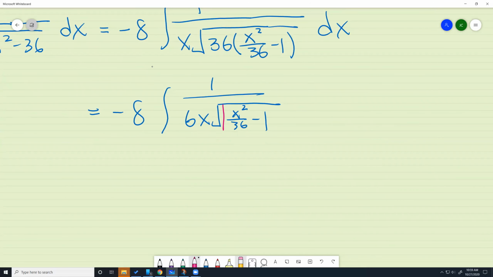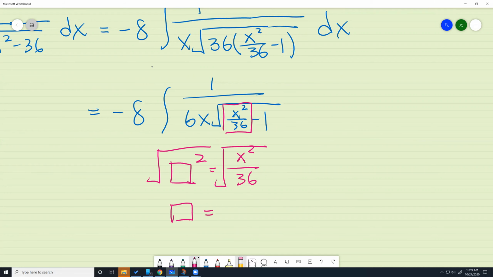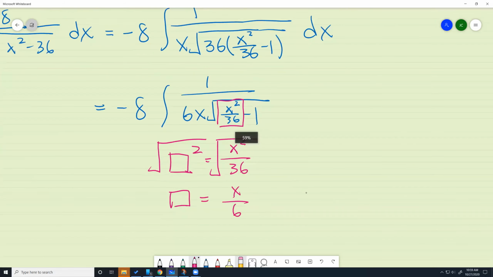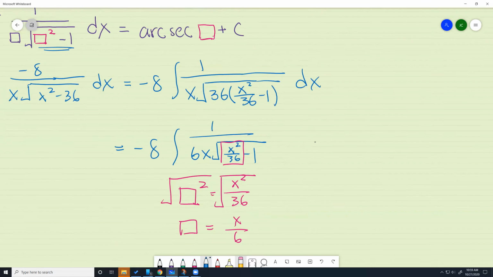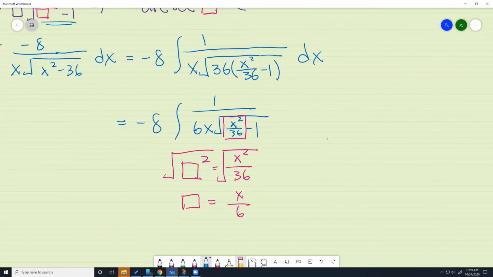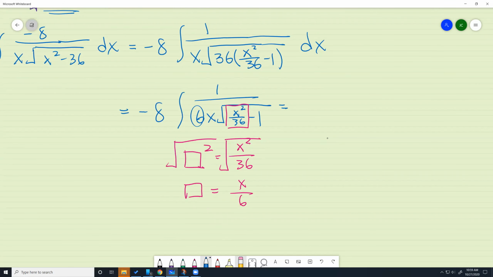So I'm going to put a box around this. I'm going to say box squared equals x squared over 36. If you just want to get one box by itself, take the square root of both sides and you get x over 6. That is awesome, because now you can just quickly plug this into the integral, which is arcsecant box plus c. Before that, let me do one more step here. There's a 6 here kind of hanging around. Let's factor that out. So -8 over 6 is going to be -4/3